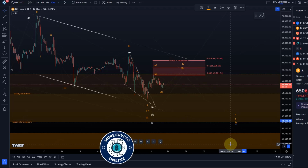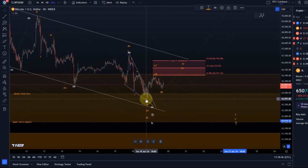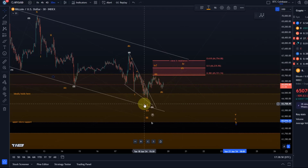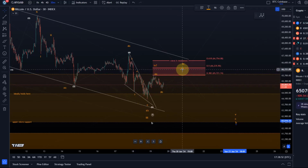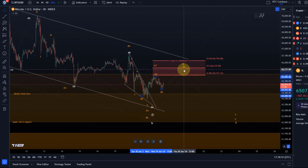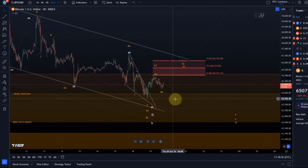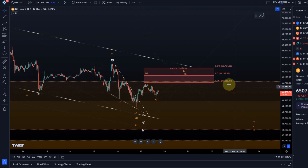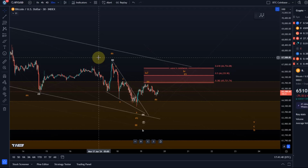Again, it's just short term. The idea is that this would be a third wave low, and the fourth wave might be unfolding right now. It would be an A, B, C structure, and the C wave is likely unfolding right now. It might have started. So all we've seen was this move into resistance, and the resistance area is defined between 65,720 and